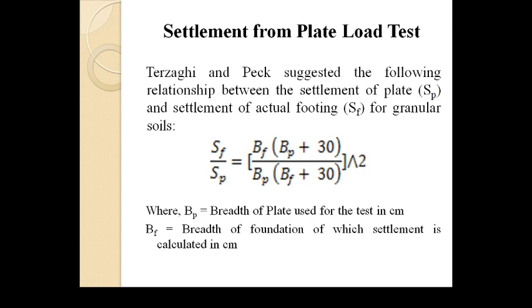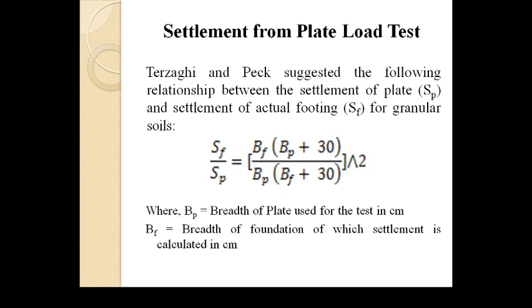The plates which are used are either square or circular in shape. The size of the plate generally varies from 300 to 750 millimeter, and the loading arrangement is done by either the gravity loading platform method or the reaction truss method. Now, the advantage of this method is that the plate load test can be done for both cohesionless soil and cohesive soil. In this presentation, we shall see the formula which we can use to calculate the settlement of cohesionless soil